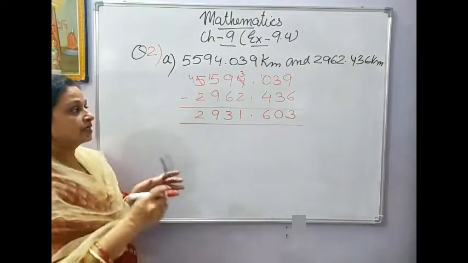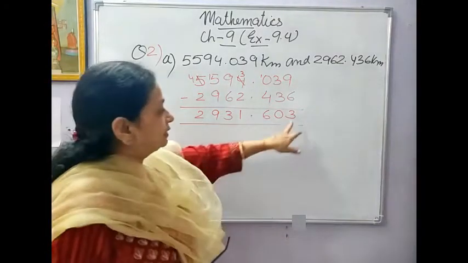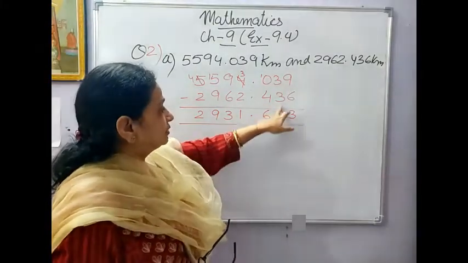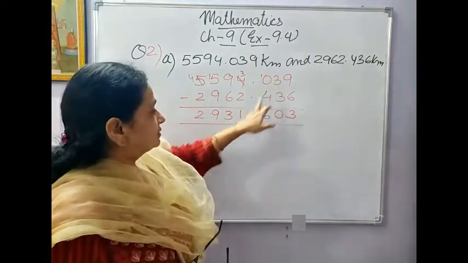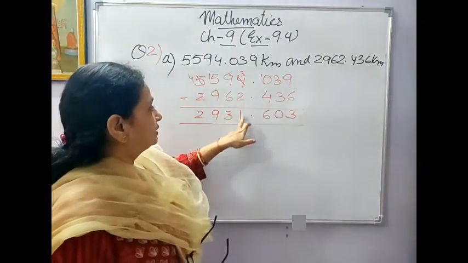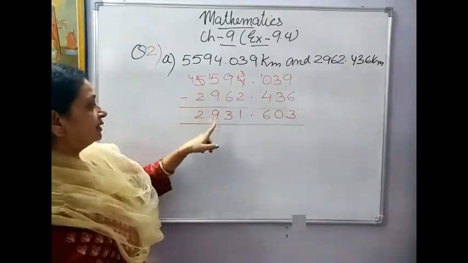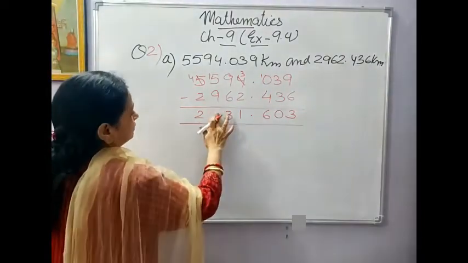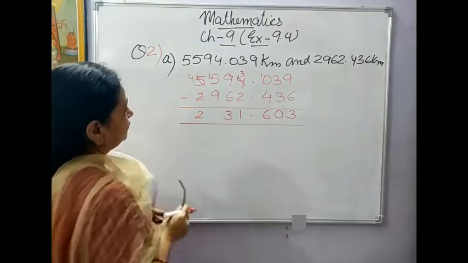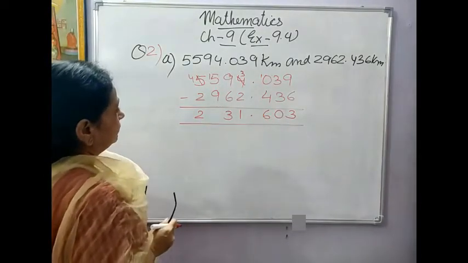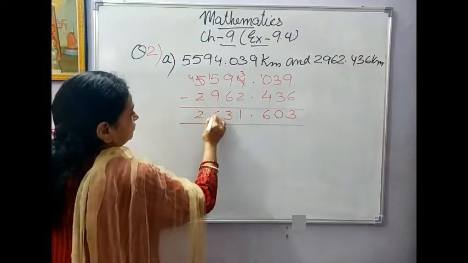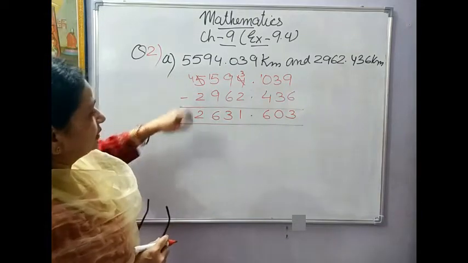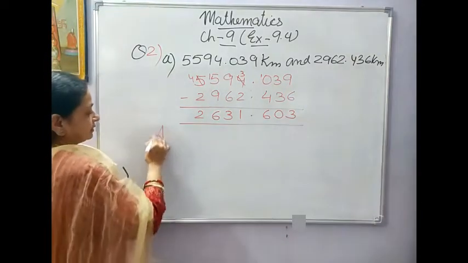Okay, so this was it, and then first check it. 3 and 6, 9. 0 and 3 is 3. 6 and 4, 10, 0. 1 carry. 2, 1, 3 and 1, 4. 6 and 3, 9. And sorry, this will be your 15 minus 9, 6, sorry, it will be 6. And 4 minus 2 is 2. So your answer is,